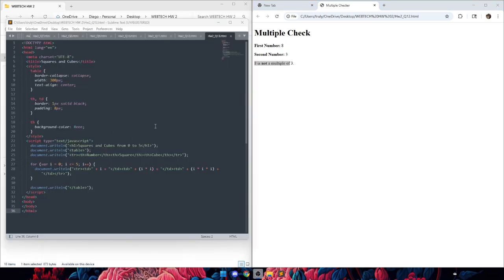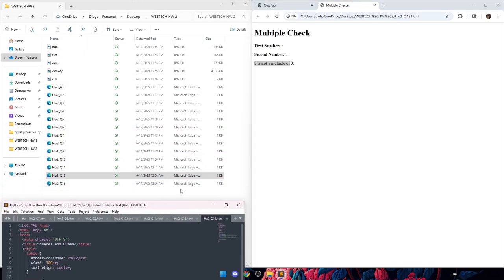So last but not least here, question number 13. I created a JavaScript program that generates a table of numbers from 0 to 5, along with their squares and cubes. The script doesn't ask the user for any input. Instead, it uses a for loop to go from 0 to 5. Inside the for loop, I calculated the square by multiplying the number by itself and the cube by multiplying it twice. So if we come here to number 13,